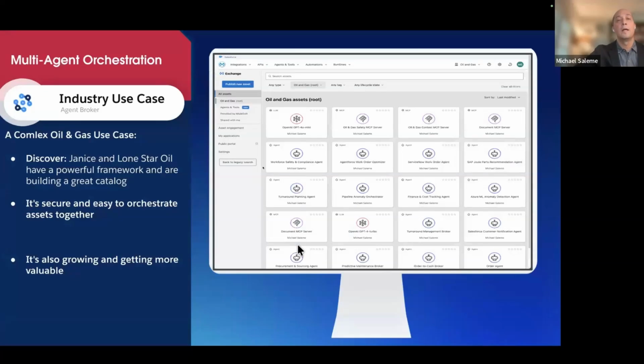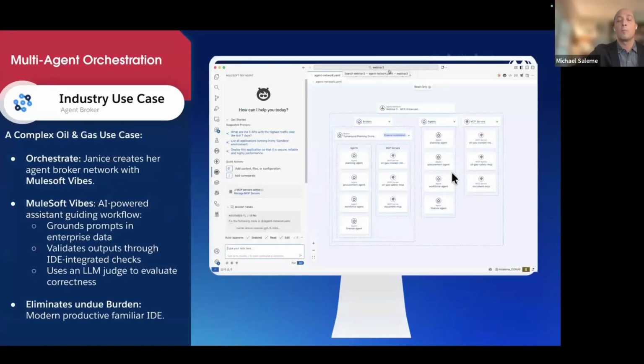So very quickly, this is a picture of the existing assets that she's cataloged: SAP, Workday, work orders, health monitoring, historians, again, Honeywell, Aviva, Pi, it doesn't matter. Those are all brought together. This is a view of our Anypoint Code Builder. It's a VS Code capable platform that is visually showing her agent network that she declared directly in VS Code.